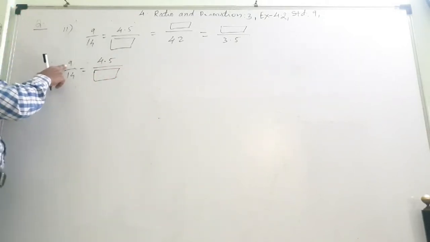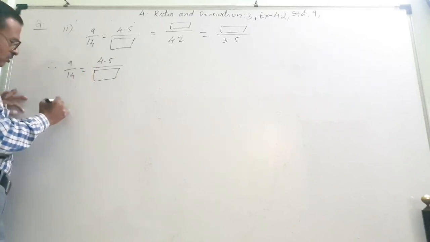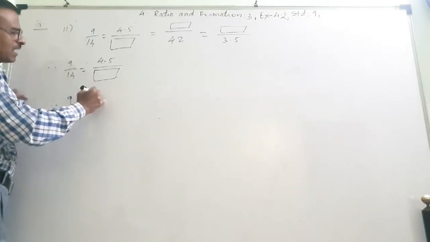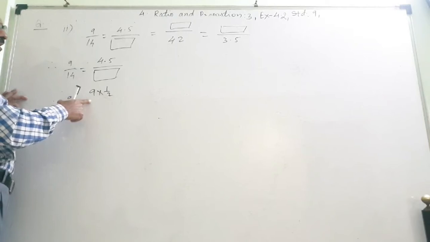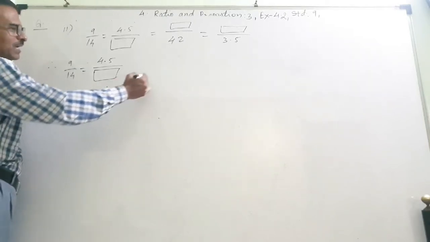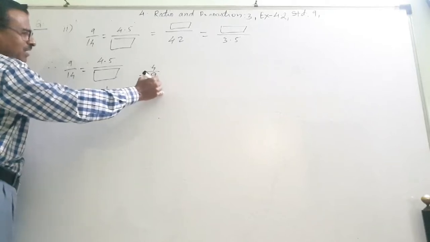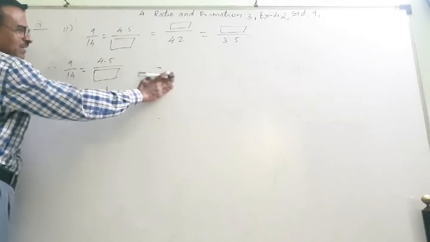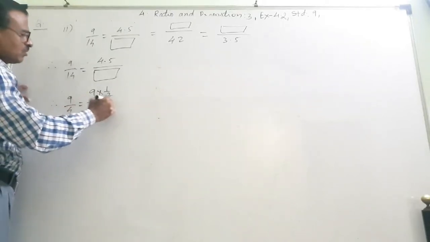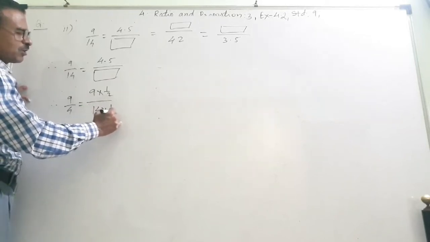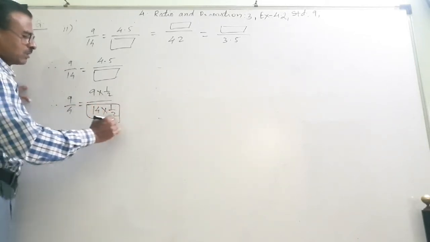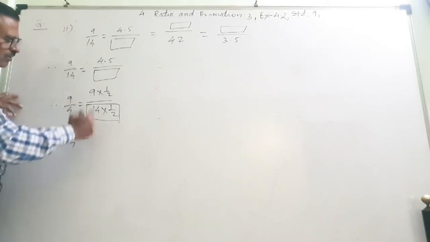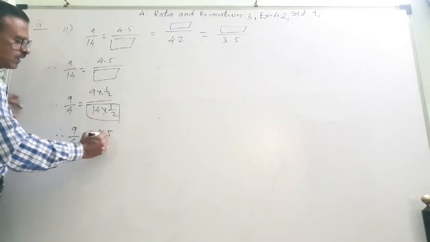If I divide this by 2, this will become 4.5. So therefore, 9 upon 14 is equal to, this is 9 into 1 upon 2. 9 into 1 upon 2 means 9 upon 2. 9 upon 2 is 9 divided by 2. 2 4s are 8. Remains 1. 4.5. So now this will also be 14 into 1 upon 2. This will be the box. Numerator is multiplied by half. Therefore, 9 upon 14 is equal to 4.5 upon 7.